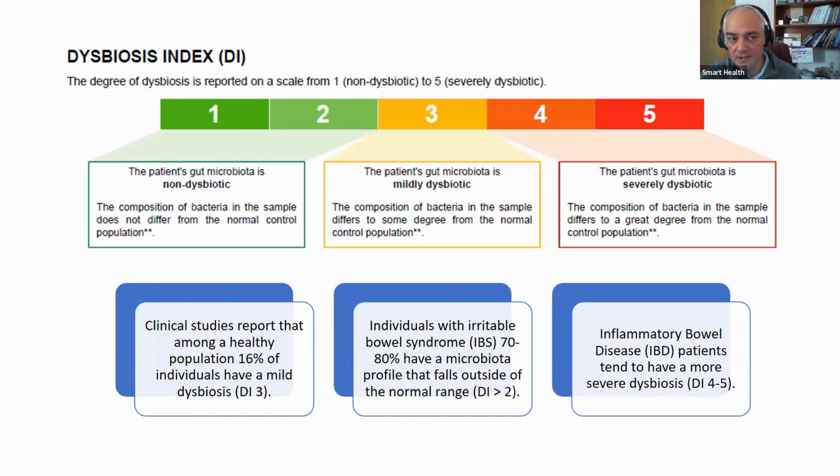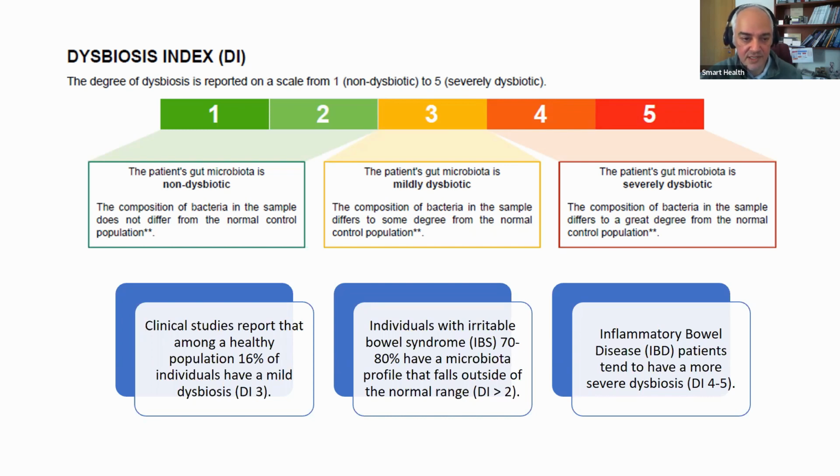Today, we can measure the dysbiosis index to measure the amount of dysbiosis, and the scoring is 1 to 5 in this case, where we look at anti-inflammatory bacteria, bacteria that maintain the mucus layer, and also some health markers in terms of microbiota. 1 and 2 means it's non-dysbiotic, so it's in a good balance. 3 is a mild dysbalance. 4 and 5 is a severe dysbalance.